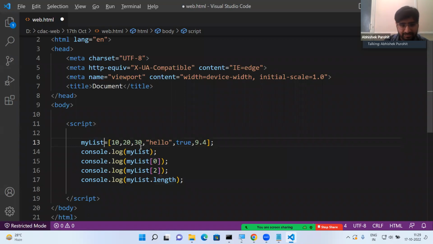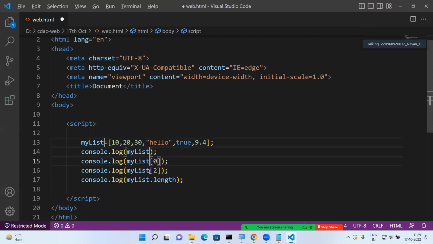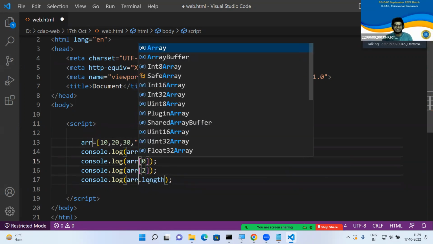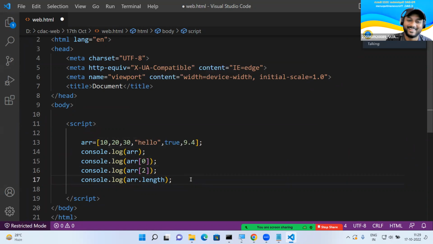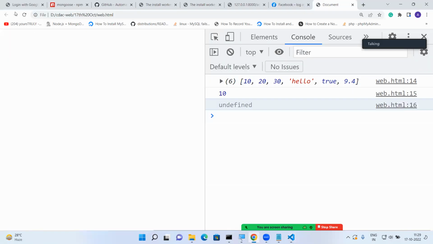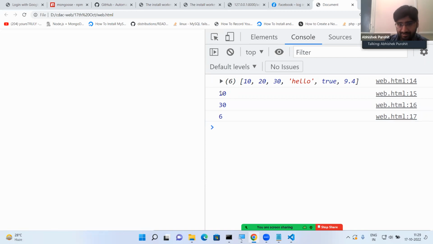Let me change its name so that you can get a feel that we are creating an array, because without ARR the feeling of an array doesn't come. You can name anything to the array. Now, is it okay to everyone? Okay, let me refresh it. Yeah. So you guys are able to see an array. So 10 is at index 0, 30